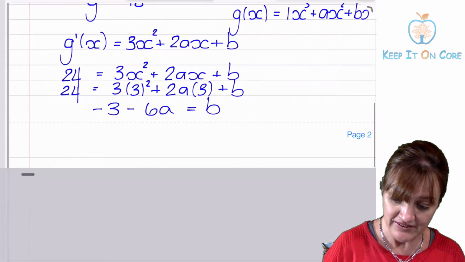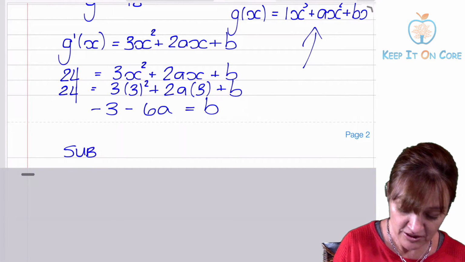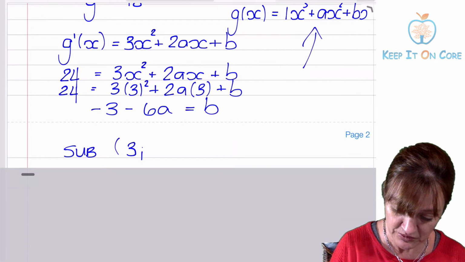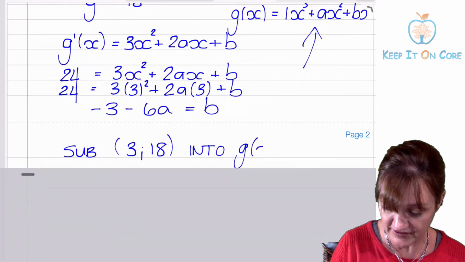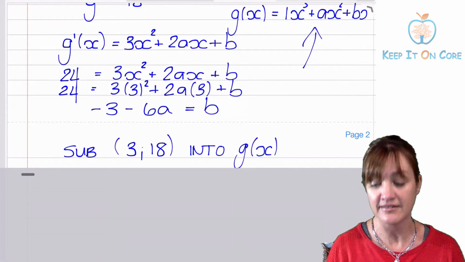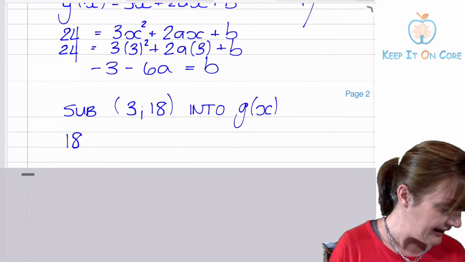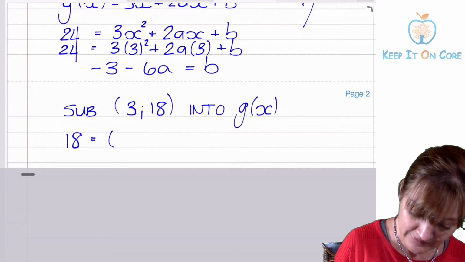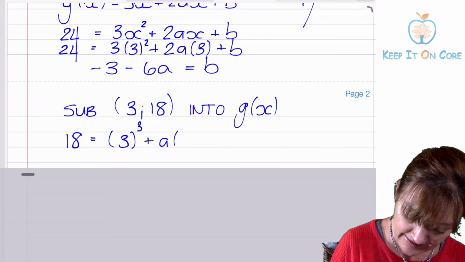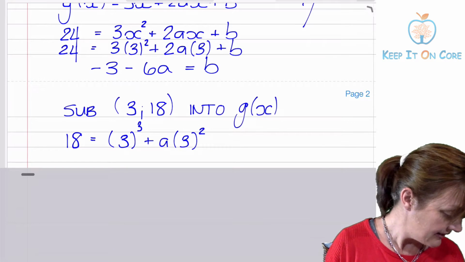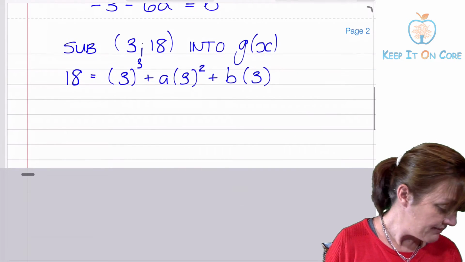So if I take our g of x equation, which we've written over here, I'm going to substitute the point of contact, which is the coordinates of your 3 and 18, into g of x. So you can see how I'm recycling that point and using it in a different way. So instead of y, we've got 18, and instead of x, we've got 3's. So 3 cubed plus a times 3 squared plus b times 3, and that basically simplifies to